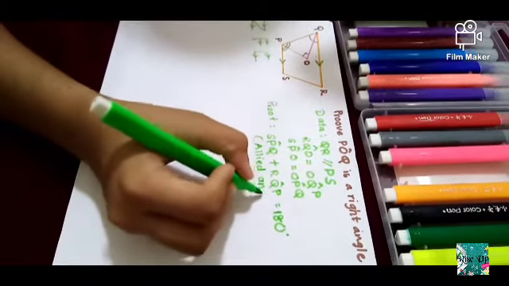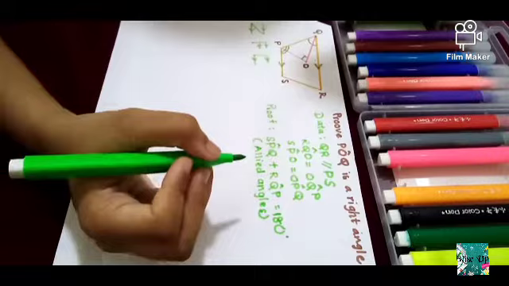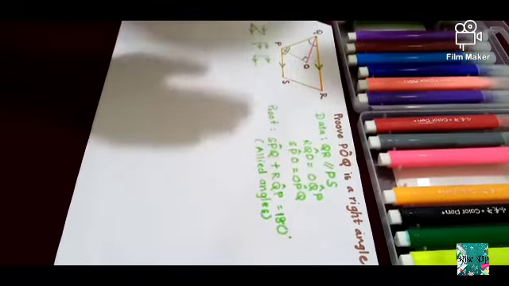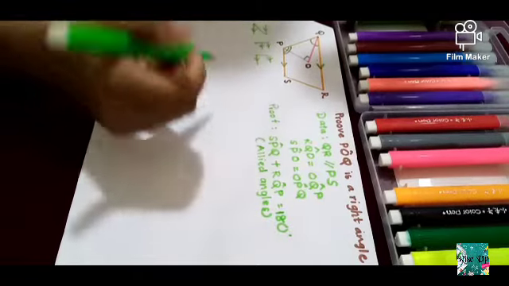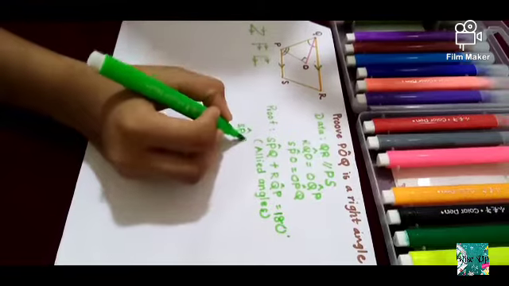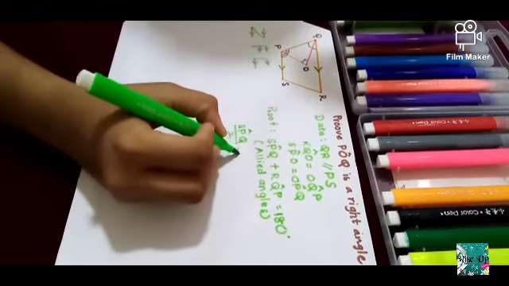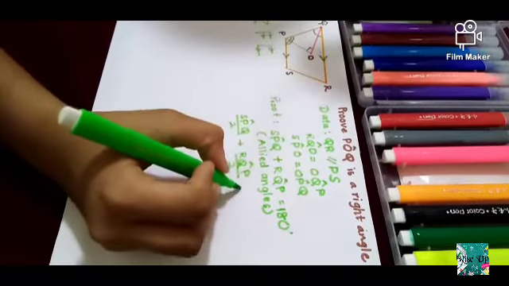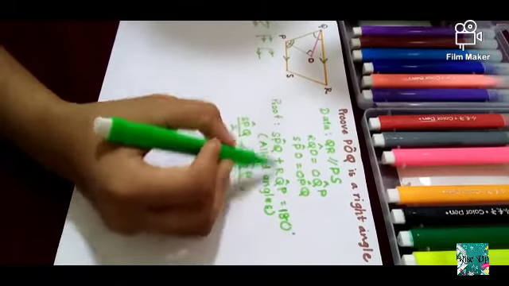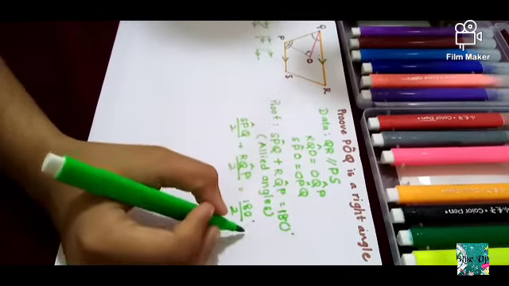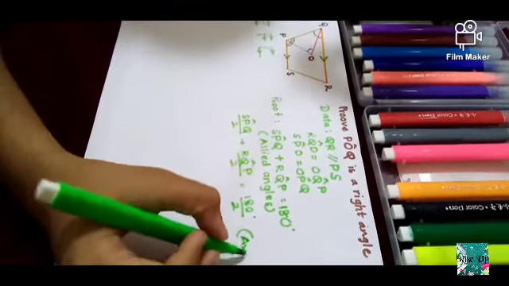What is the reason for us to say like that? It is allied angles. Then we can divide both sides by 2, using the axiom. Axioms we learn in grade 9. So I'm dividing SPQ by 2, and I'll add RQP divided by 2. And this 180, if I divide everything by 2, I should divide this also by 2. 180 degrees divided by 2, and the reason is axioms.